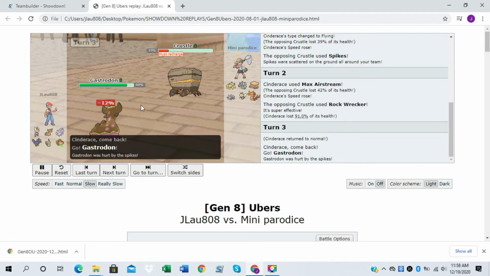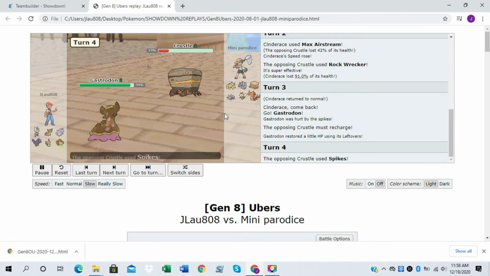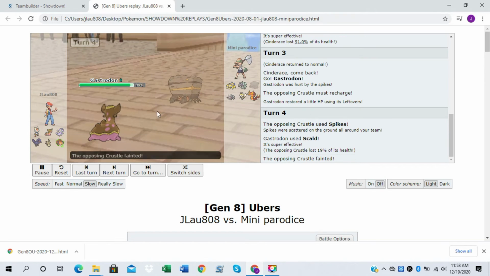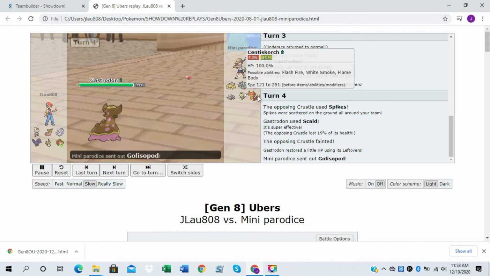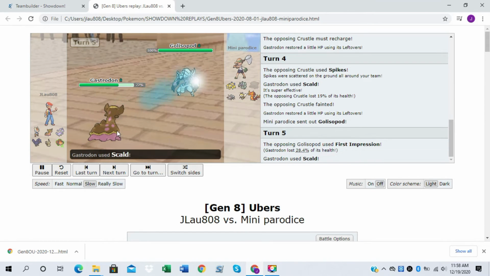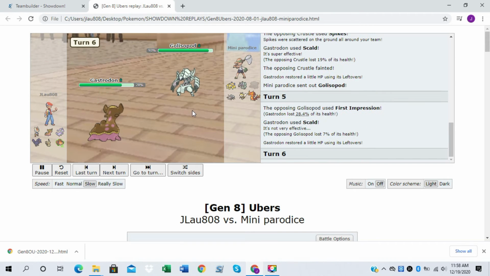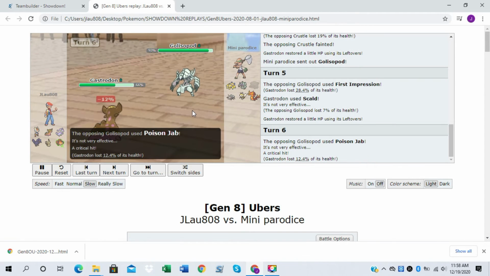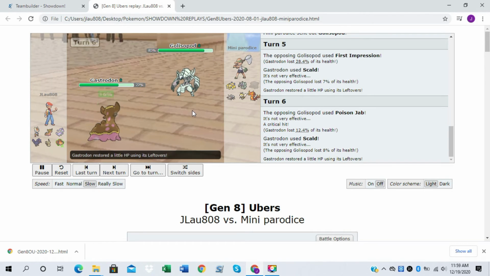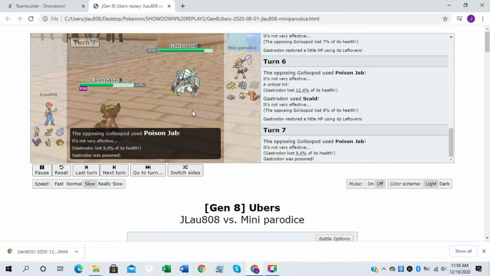But anyway, Gastrodon's here. Basically, what was I doing? Oh yeah, just to kill it, because Crustle can't really touch me. Back at full, Golisopod. Again, this is the counter. So the plan here was Scald to burn, because Golisopod is quite scary when it's boosted. So my goal was to get a burn on it before it sets up,